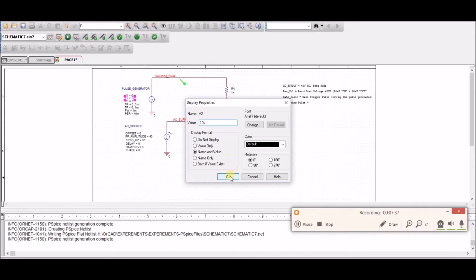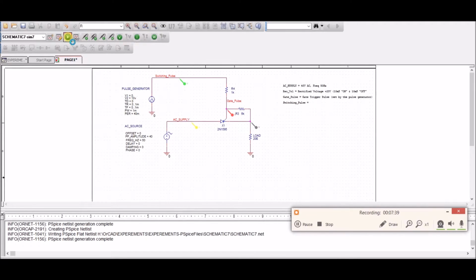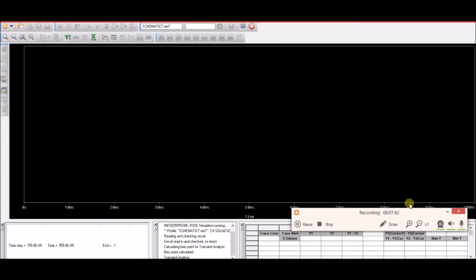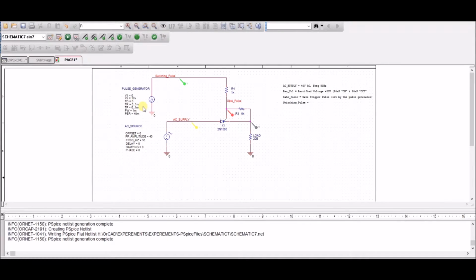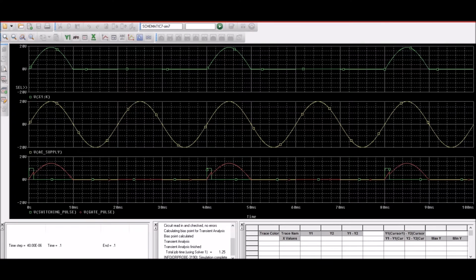10 volts. We do a quick simulation, and you can see the voltage at this point is the gate pulse, which is actually 10 volts. So the gate pulse here triggers and gets hold,